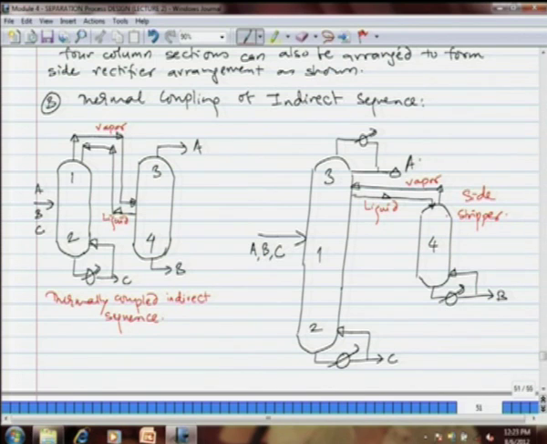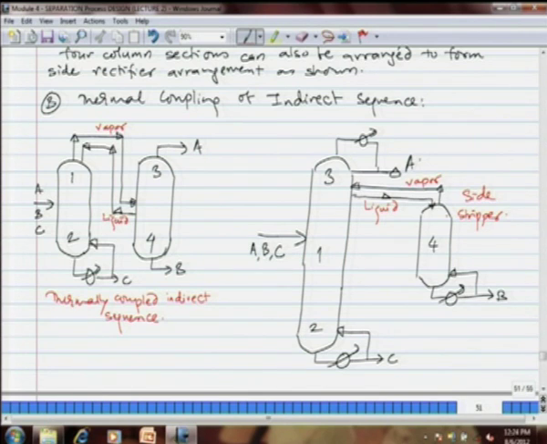Here you see that the reflux liquid required for the first column is given by the second column, while the vapor from the first column goes into the second column. Now, these columns can also be connected. The section 3, that is the top section of the second column, can be put above the top section of the first column. So, 3, 1, 2 is the coupling,